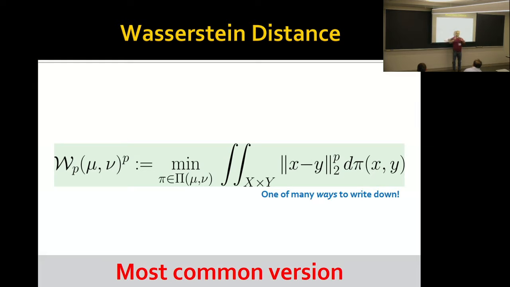Right? And in fact, you can double check that. So for instance, if mu and nu are both Dirac delta functions, so they're secretly encoding one point, then this value is precisely the distance between these two points. Sort of generalized. One question about notation. Why do we leave the 2p in that notation? Oh, okay, this is really the pth power of the Wasserstein distance. So you need to take the pth root for this thing to have a triangle inequality.